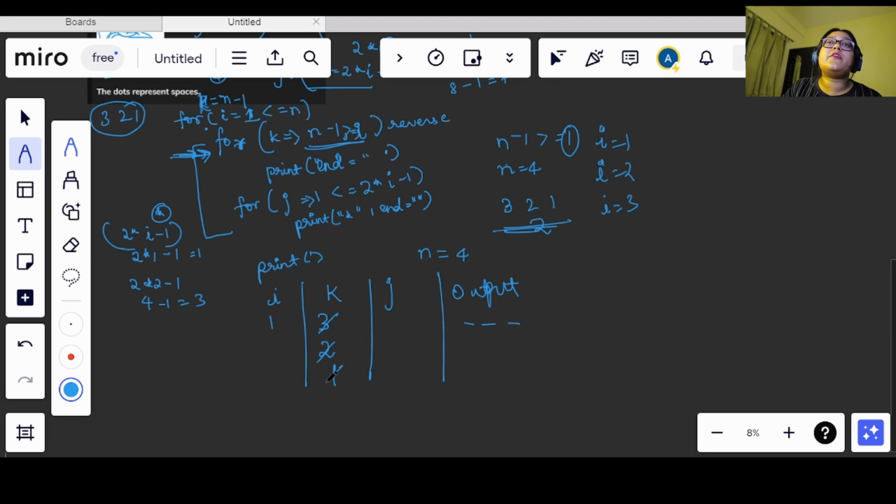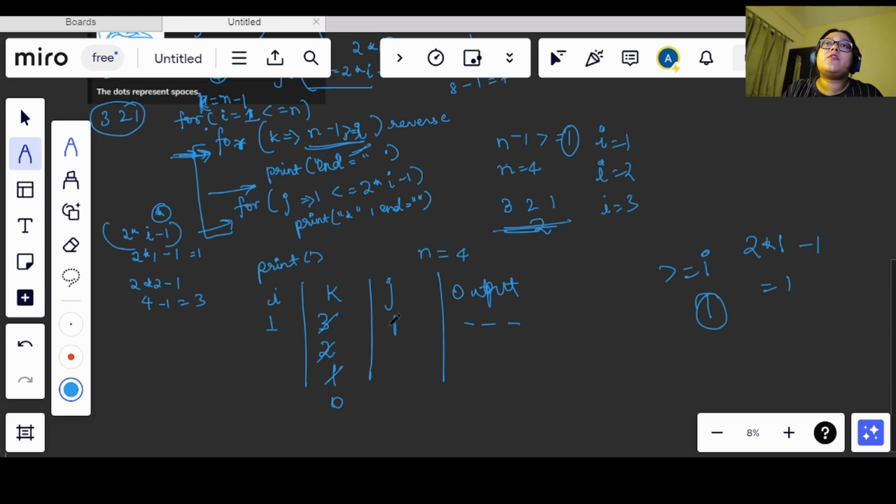And when it becomes 0, we will see that this condition is becoming false, because we have to go till greater than or equals to I only, and I is equals to 1. So it will become false, and we will move out of this loop and go to the j loop now. Now our j will start from 1, and it will go till 2 multiplied by I, which is 1, minus 1, which is 1 time.